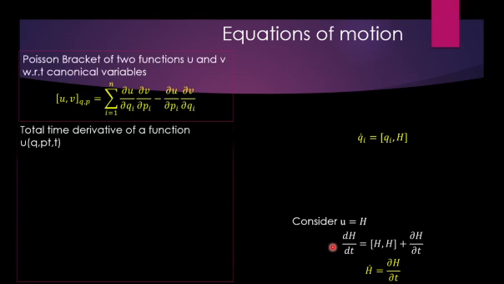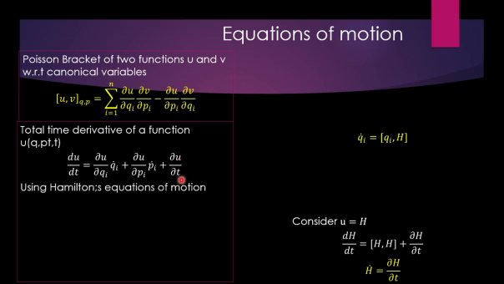So what we are going to do is, we'll first take the total time derivative of a function, and that is given by, we are familiar with that, u is a function of small q, p and time t. So then du by dt can be written as: u is dependent upon q, so it is ∂u/∂qi into dqi/dt, which is qi dot, plus another dependence on p, so it is ∂u/∂pi into pi dot, plus the last dependence is on time, so ∂u/∂t.